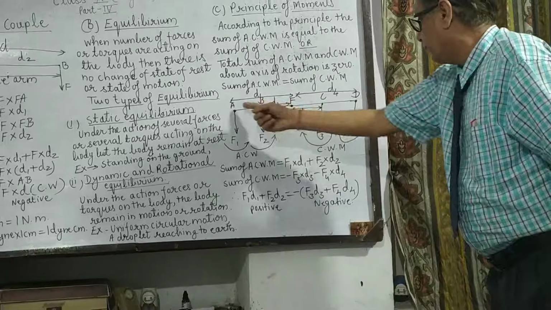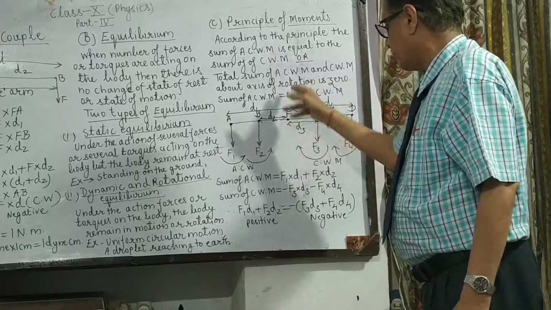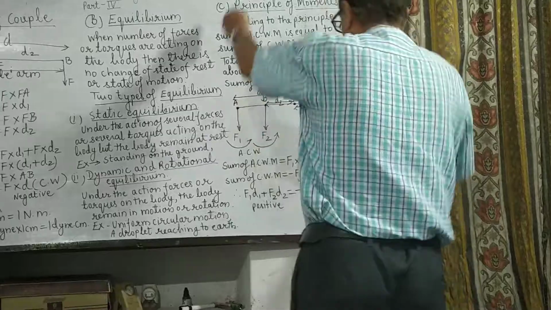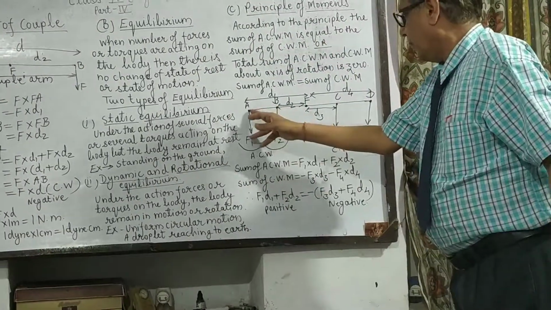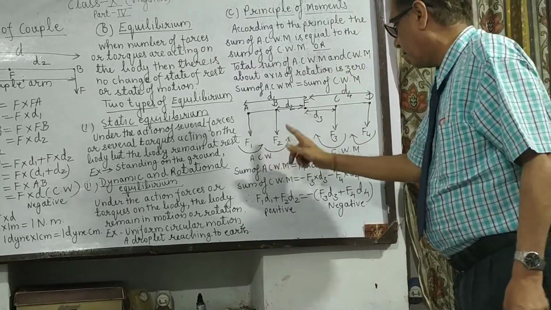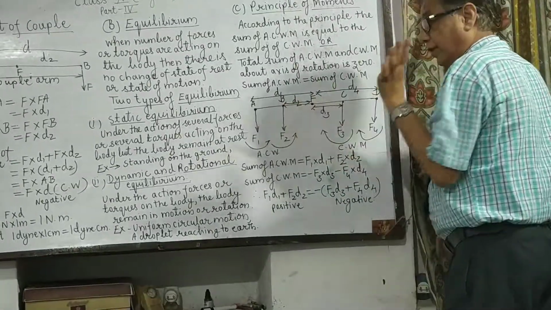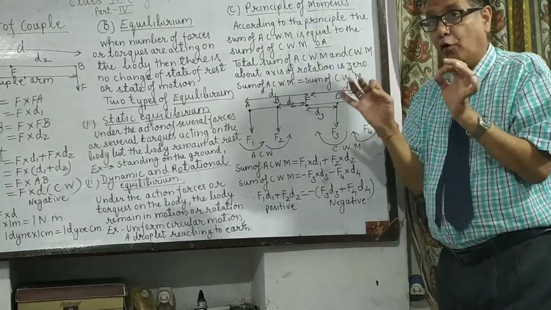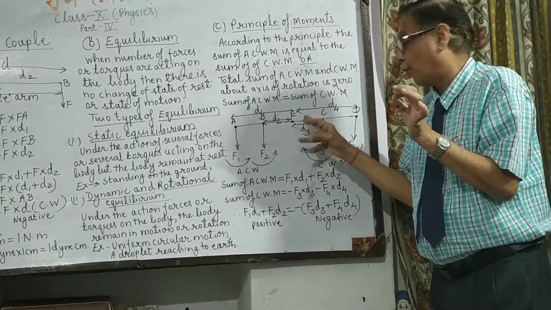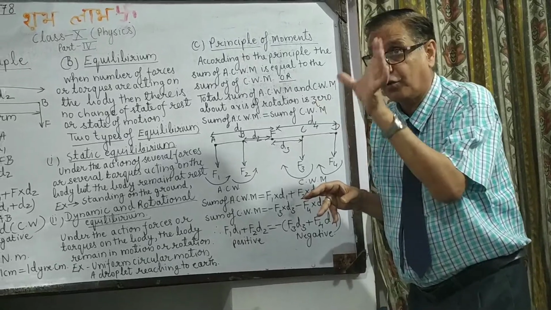Here there is a rod AD, the total rod AD, and F is the pivot, the fulcrum, from where the axis of rotation passes. So this rod can move like this. On A, B, C, D, 4 forces are acting: F1, F2, F3, F4, all downward. And remember, for every force, the distance is measured from the fulcrum, and that distance from the fulcrum to that force is called the moment arm. Separate moment arms are there for separate forces.